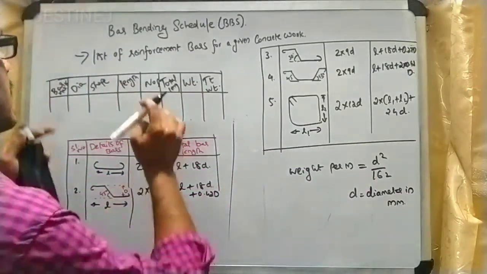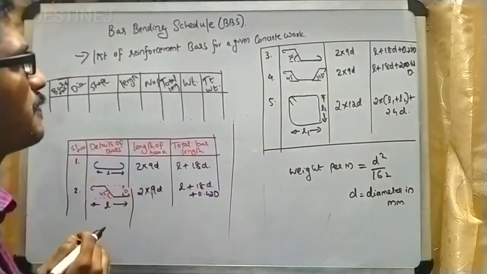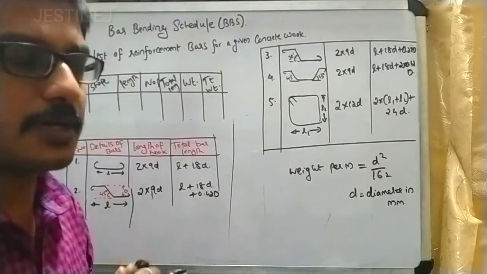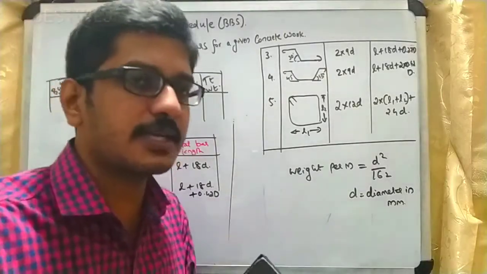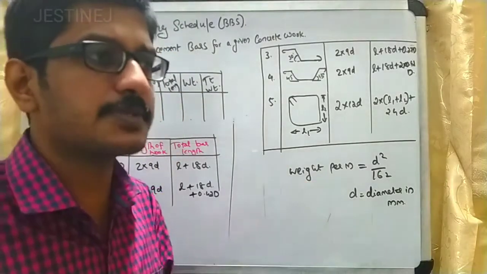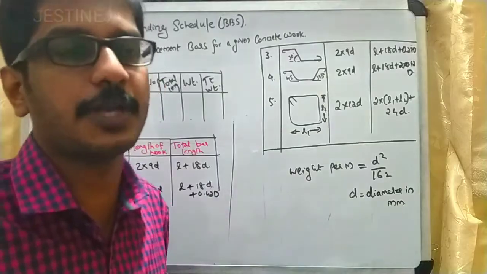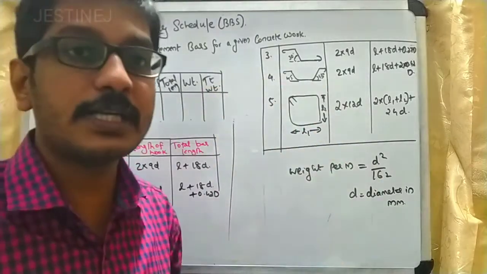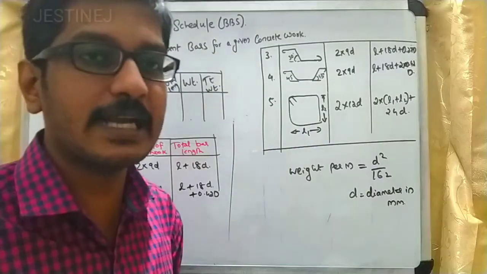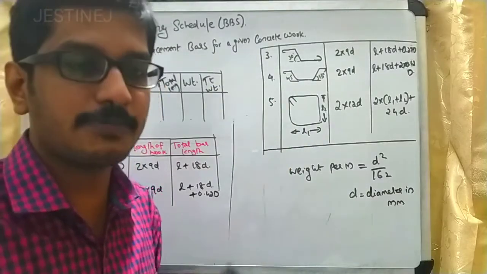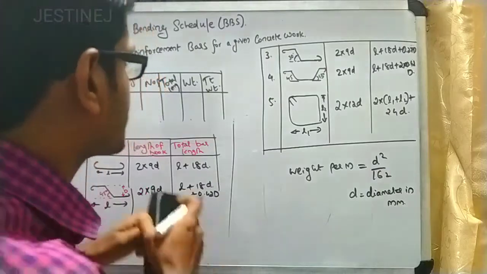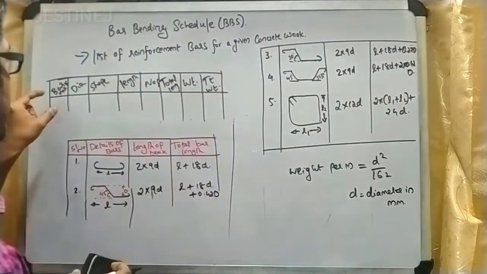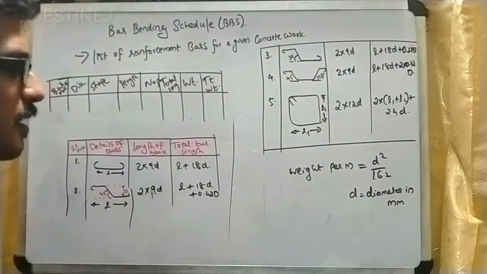Actually, it is a list of reinforcement bars for a given concrete work. So if you are constructing beams or slabs, it requires a lot of reinforcement. In order to find the total quantity of that steel reinforcement, we use this bar bending schedule. There is a tabular column in this format, that is, in the first column you can see bar